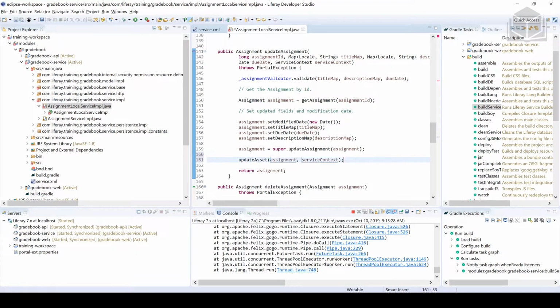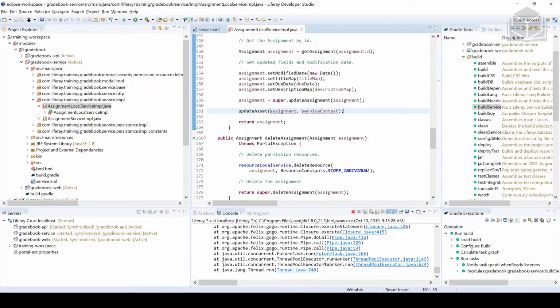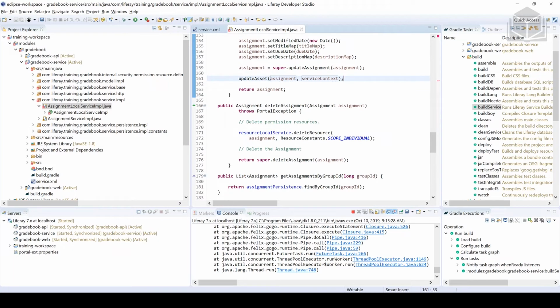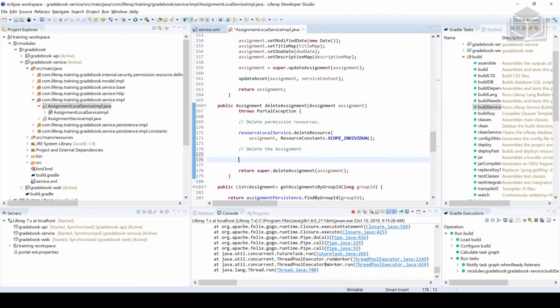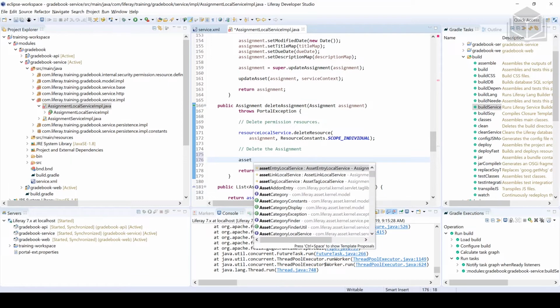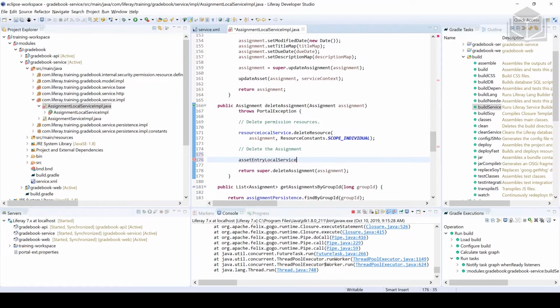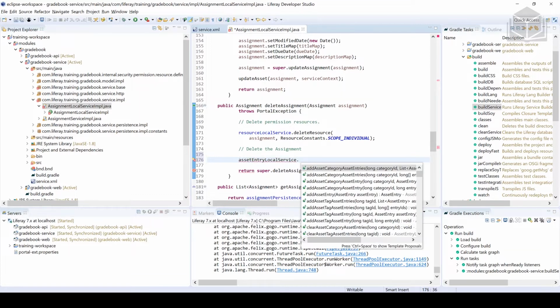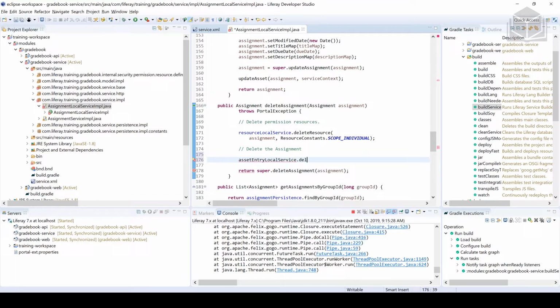And then those two parameters that are needed for the method call, and then saving along the way. Okay, last one here, we want to be sure to delete the asset as well. So we're going to scroll down here in the delete assignment right before the return call, right? We're going to call a different method. We're going to call our assignment entity local service,